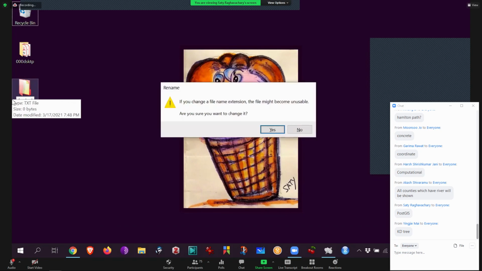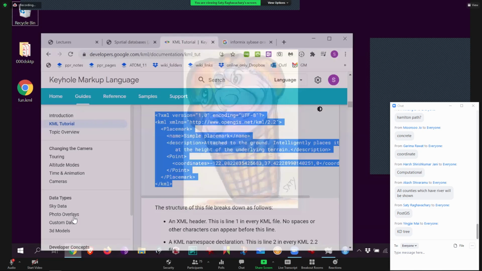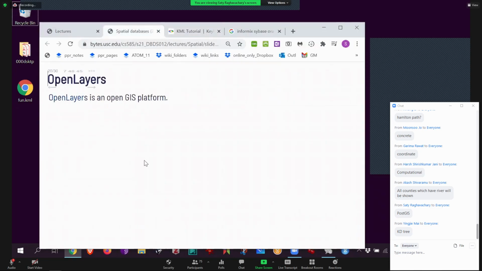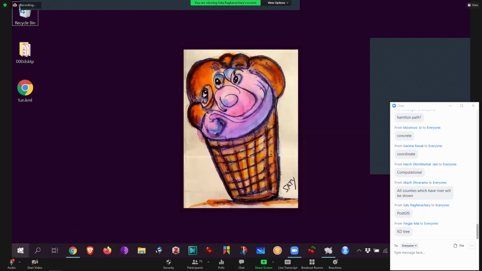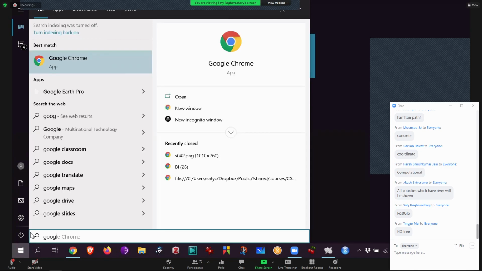Then here's what you do. You can actually start Google Earth. The nice thing about a public file format like that is there are so many programs that are written to make use of that format. OpenLayers is different. Let me actually do Google Earth. You can even do it on the web, by the way, at earth.google.com, but let me see if I have it, okay? Yeah, the Google Earth program.